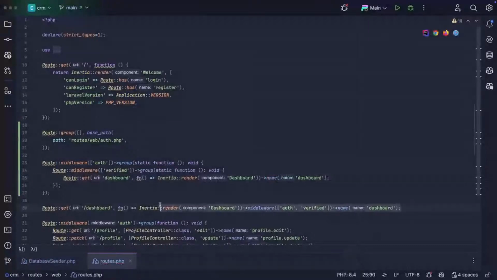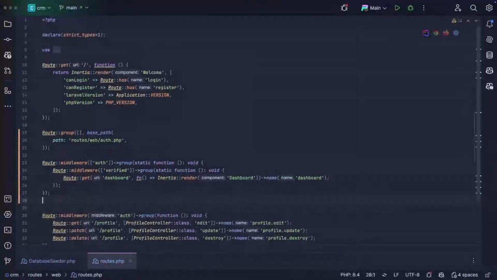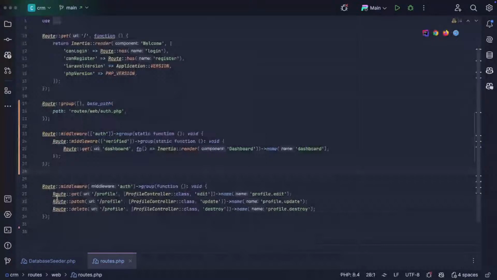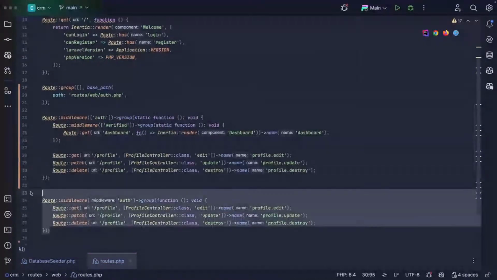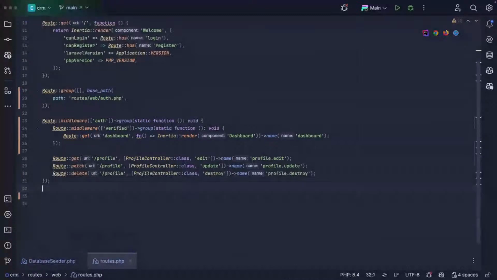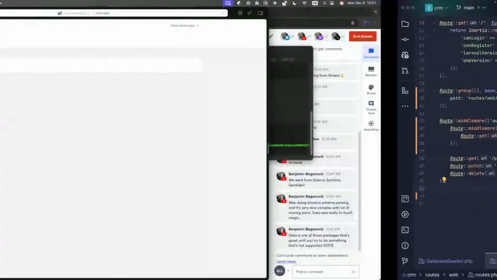Now we don't need that one. And we're going to grab all of those and just drop that down here. Profile management, you don't have to be verified for because you want to be able to update stuff. So now if I refresh,